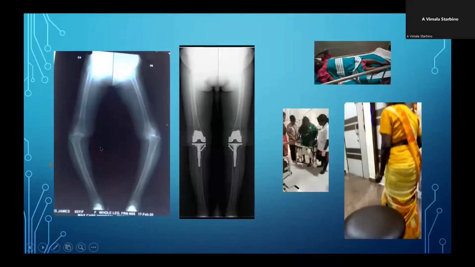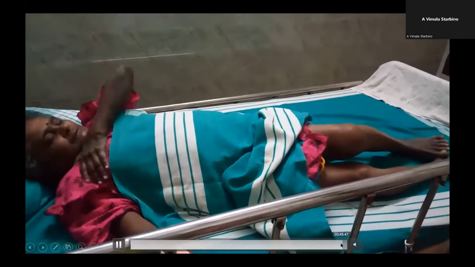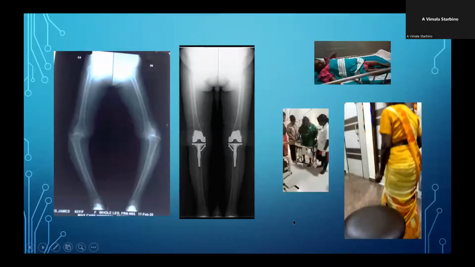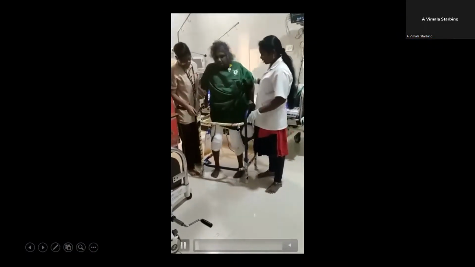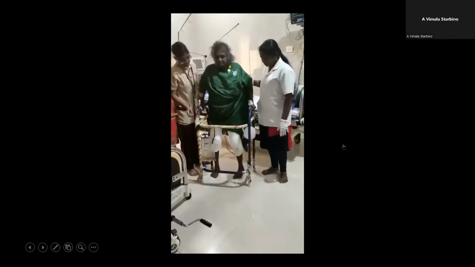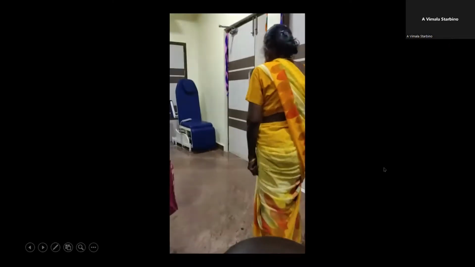Again, a severely affected lady, she was bedridden for almost 6 months. Her knees were crooked and she had not been able to straighten her legs for the past 1 year. But still, she wanted to have relief from her condition. Then we planned for robotic surgery. And this is the first day. After doing both surgeries at the same time, she was able to stand up with the help of her team. And within a month's time, she was able to